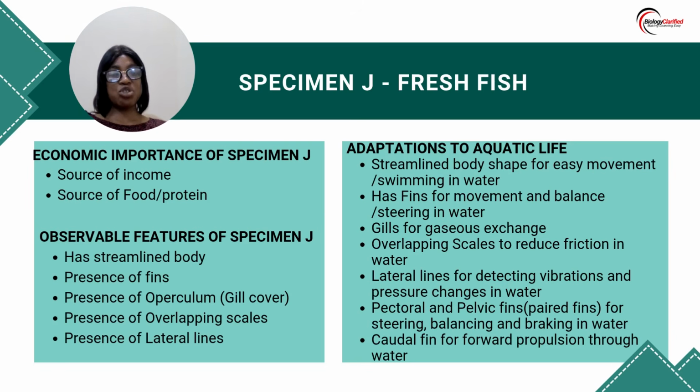Then you have adaptations to aquatic life. Anytime that adaptation is required, you are expected to mention the feature the organism has and the function of that feature. So, streamlined body shape for easy movement or swimming in water, fins for movement and balance or steering in water, gills for gaseous exchange, overlapping scales to reduce friction in water, lateral lines for detecting vibration